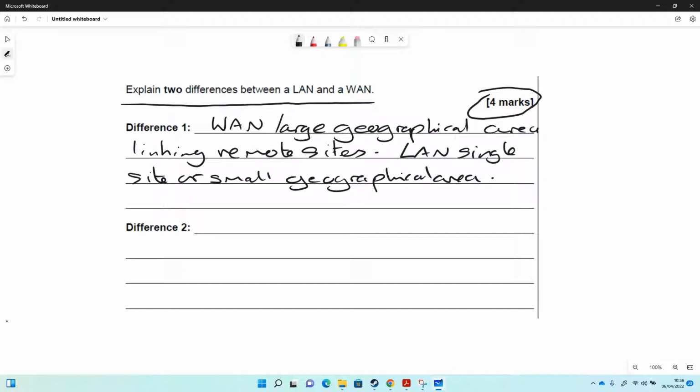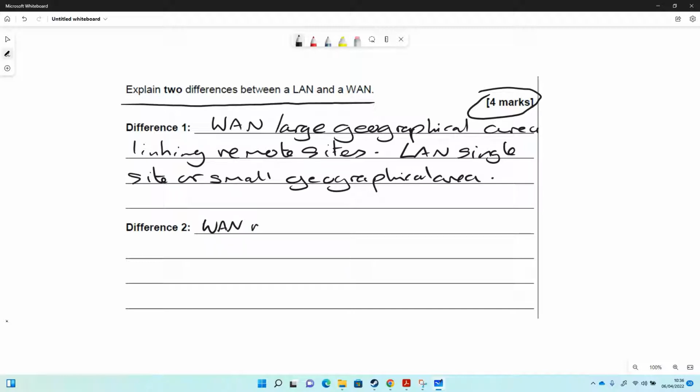And that's good. We've made our point there, which is probably the first one we thought of, because that's often what we define as the difference between them. So now we need a second difference. There are actually, of course, lots of differences. There's lots of things we could say. It's probably worth thinking of one of them that is easy to come to mind. So the one that always comes to mind for me is that